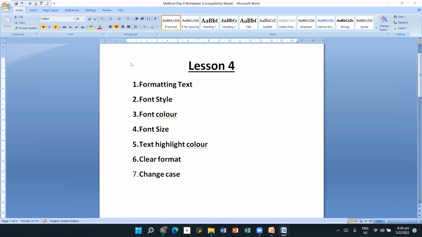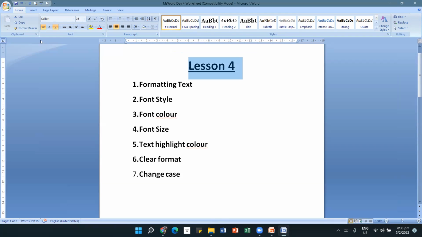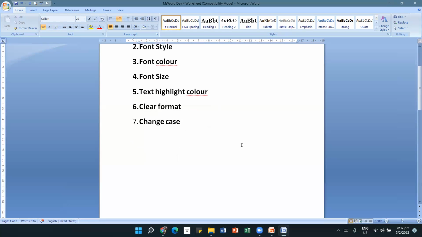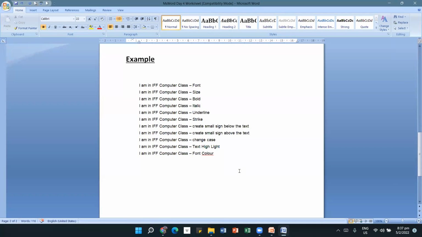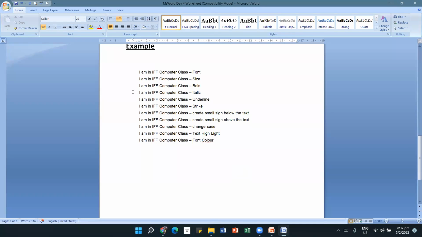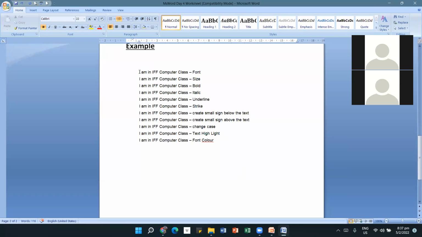Okay, so the next thing is bold. Bold is to make it dark. You can see here, to make it dark. Bold means to show it highlighted. We can use this example, and now we can try. First we learned about the font, right? I have the example to say